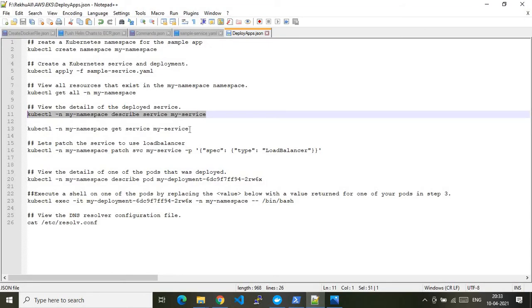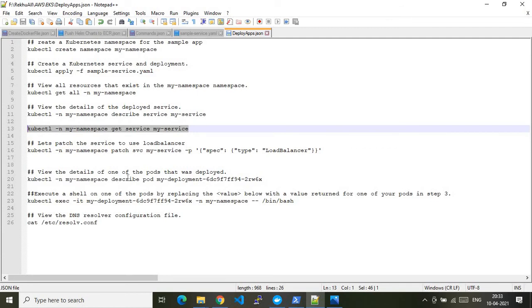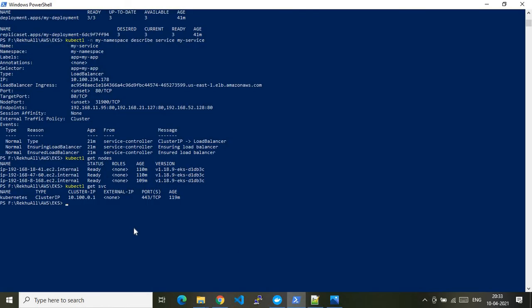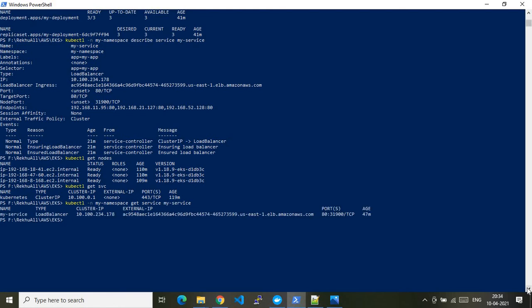Next, if you don't want to go into details, and you want to get something in a different manner, let's say you want to retrieve the service itself instead of the metadata about the service, how can you do it? You can use the command kubectl -n, namespace, get service, and your service name. Let me run this command. It will fetch the data about your service.